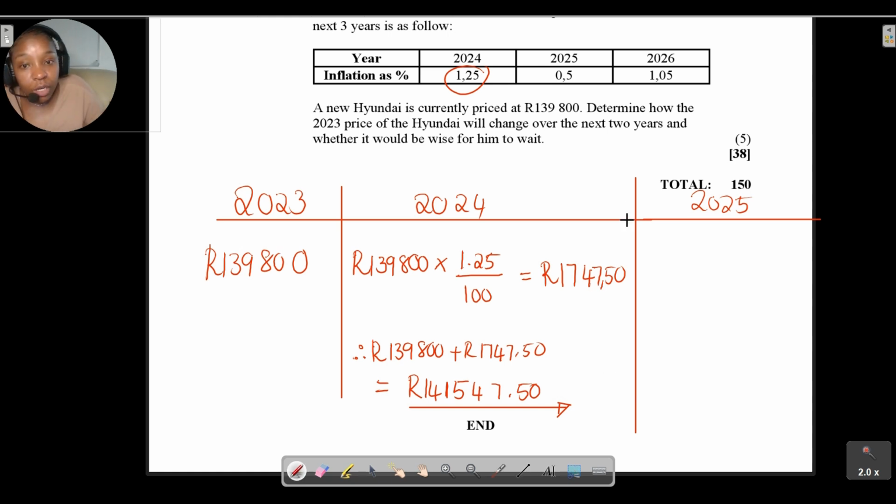So now let's look at 2025. Remember, to calculate the price in 2025, we need to use the price in 2024, and you multiply with the inflation rate for 2025. So in this case, we're just going to take the price in 2024 of 141,547.50 multiplied by the inflation rate in 2025, 0.5%. That is why I'm dividing by 100. That is going to give me